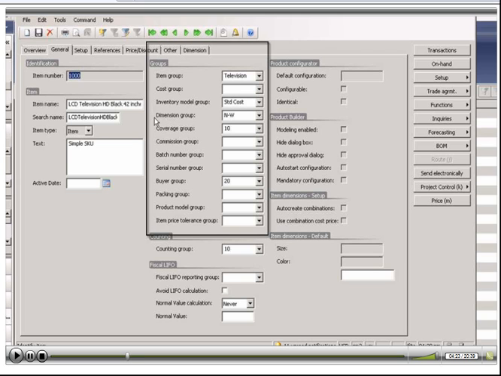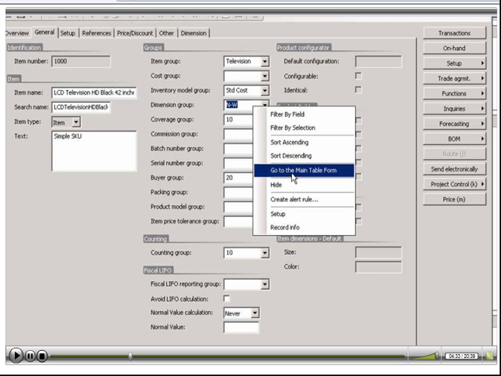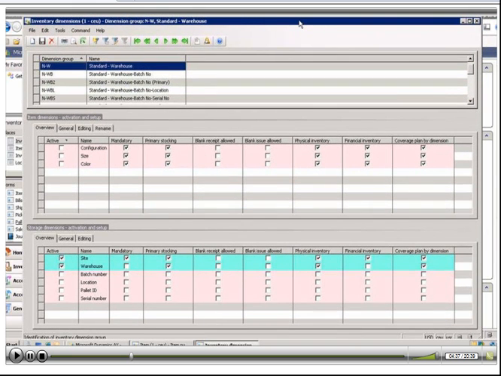The dimension group gives us further detail of the item. Is it also driven by color, size, and style? Let's look at the details supporting our dimension group. The inventory dimension groups allow us to manage an item at an item dimension level. So, for example, this particular item belongs to dimension group NW, which is basically a standard, but it's warehouse